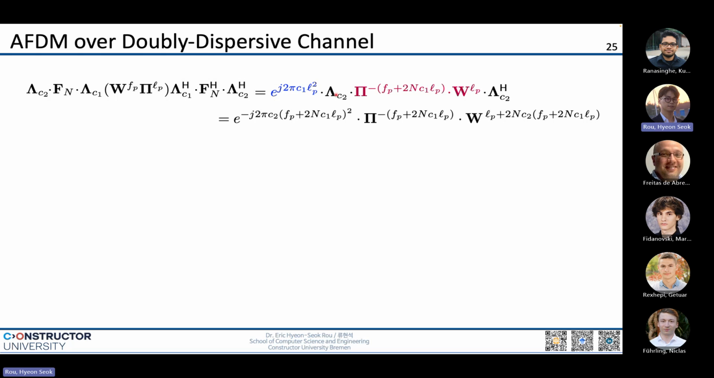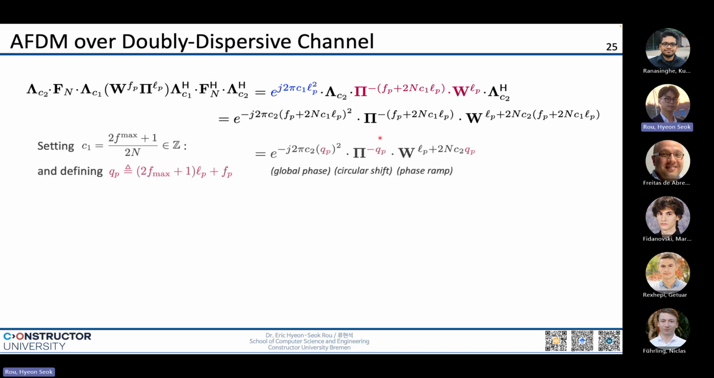So the C2 appears only in the phase-affecting terms, so the global phase, and also the Doppler phase ramp. Then we have performed this optimization of the C1 parameter, which is an integer. And for the sake of further notation, we define this Q of P, which is the Doppler shearing factor, as we saw before. We can rewrite the total effective channel of the AFDM into three parts: the global phase,